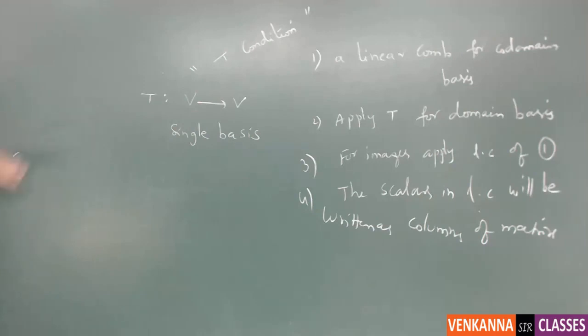So the procedure is the same for finding the matrix of T. If domain and codomain are distinct, that is the procedure we follow. If they are the same, in such cases also we follow the same procedure. There is no difference at all. Is it clear? Now let us take some interesting problems on this,